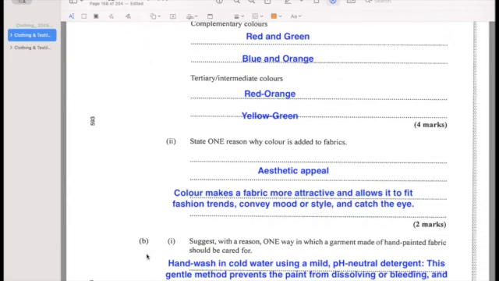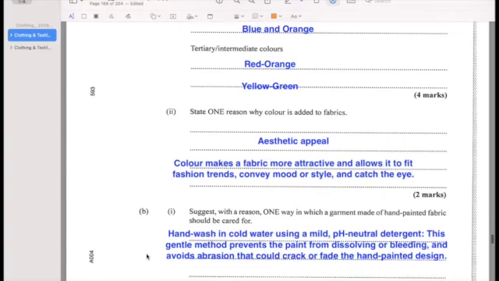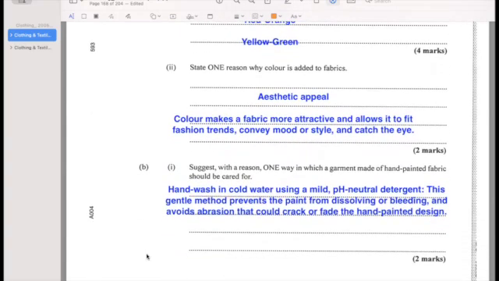state one reason why color is added to fabric. Well, one reason is aesthetic appeal, right? So color makes a fabric more attractive and allows it to fit the fashion trend. All right. So it actually catches the eye. 2 marks. Next question: suggest, with a reason, one way in which a garment made of hand-printed fabric should be